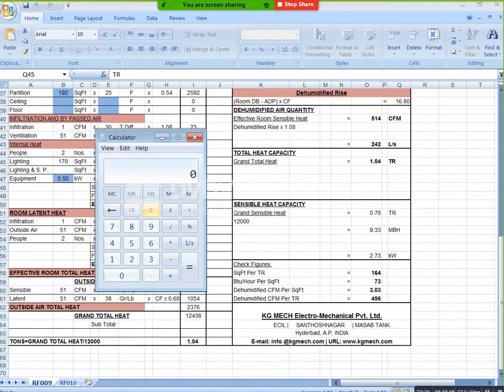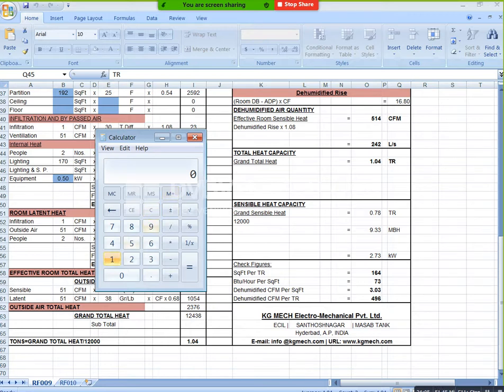Here we know 1.24 TR, 1.24 multiplied by 3.4 gives 4.34. Now you use kilowatt here, 4.34. This is our kilowatt condition. Now we have completed all this. If you need this in square feet BTU per hour, you can just select this one and you get your row and this one. Okay, not a problem. Now we have completed the complete heat load calculation.